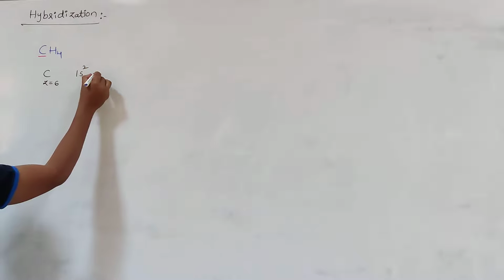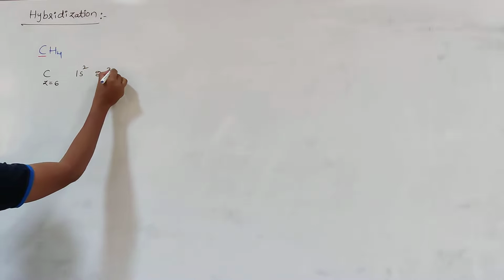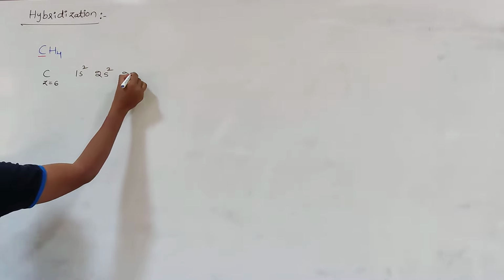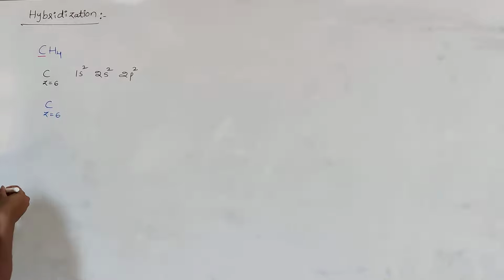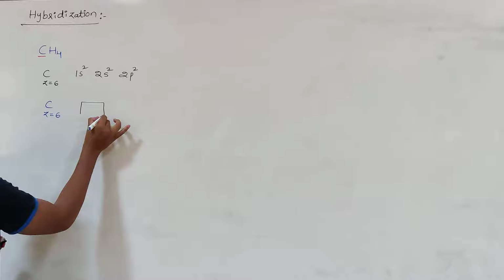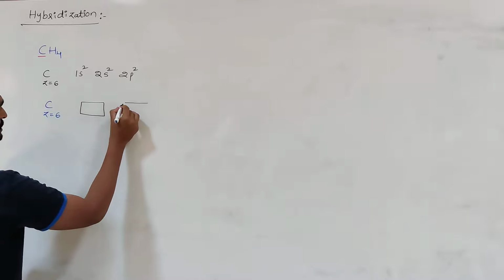The electronic configuration is 1s2, 2s2, 2p2. So when we write diagrammatically the ground state electronic configuration of carbon, Z equals 6: 1s2, 2s2,